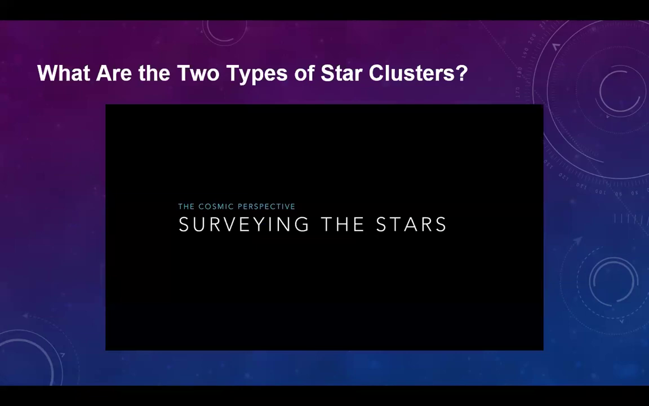So here's a short video about types of star clusters. Stars come in clusters. This is because star formation tends to happen in groups. So clusters of stars tend to form together from the starting material, which was a big cloud of gas and dust. And thus you get